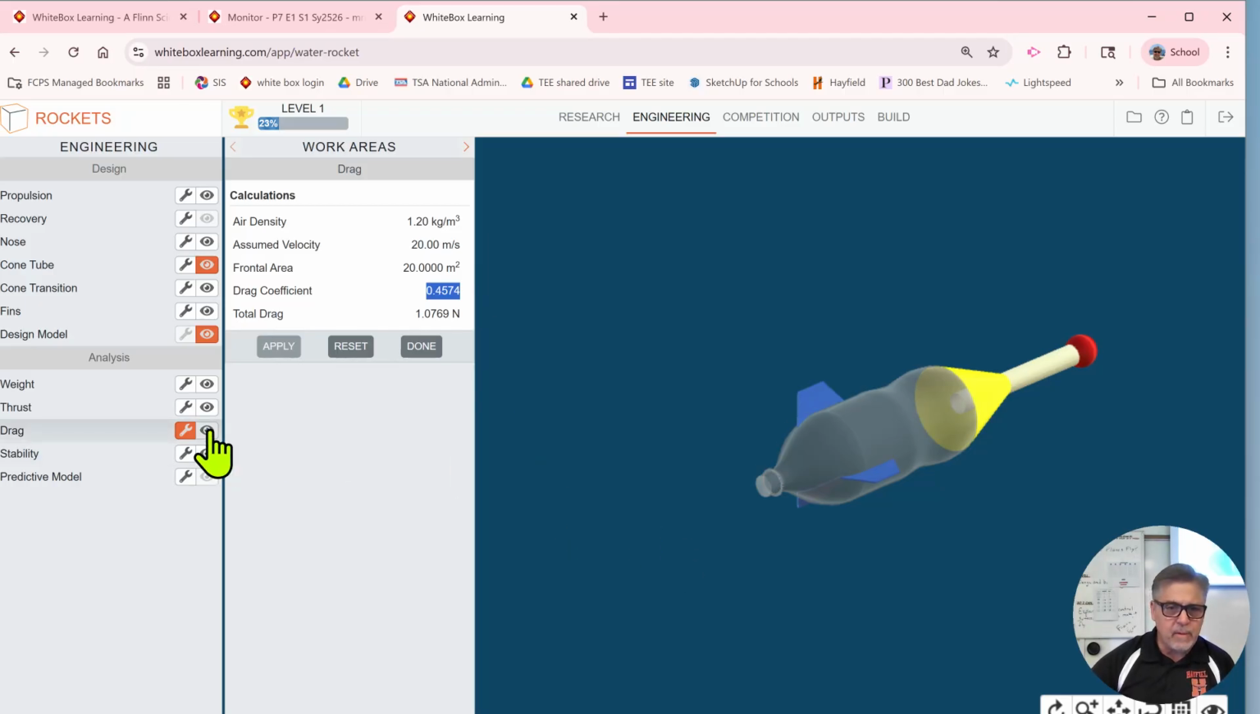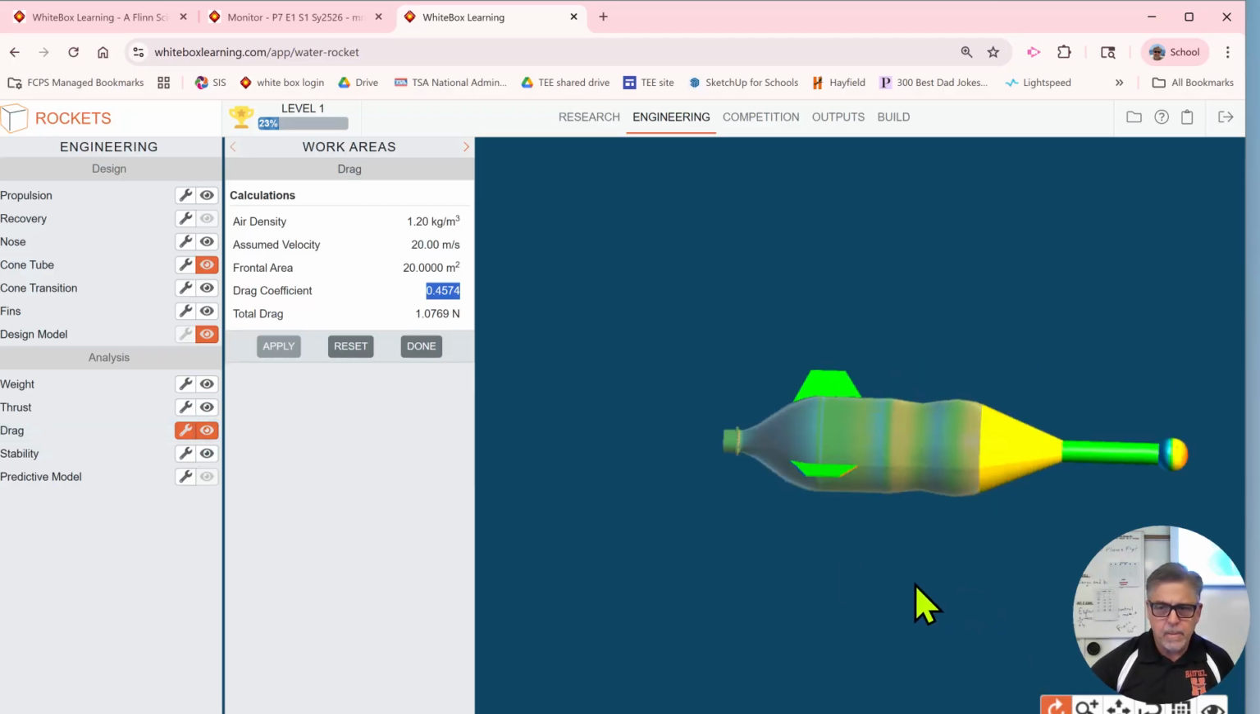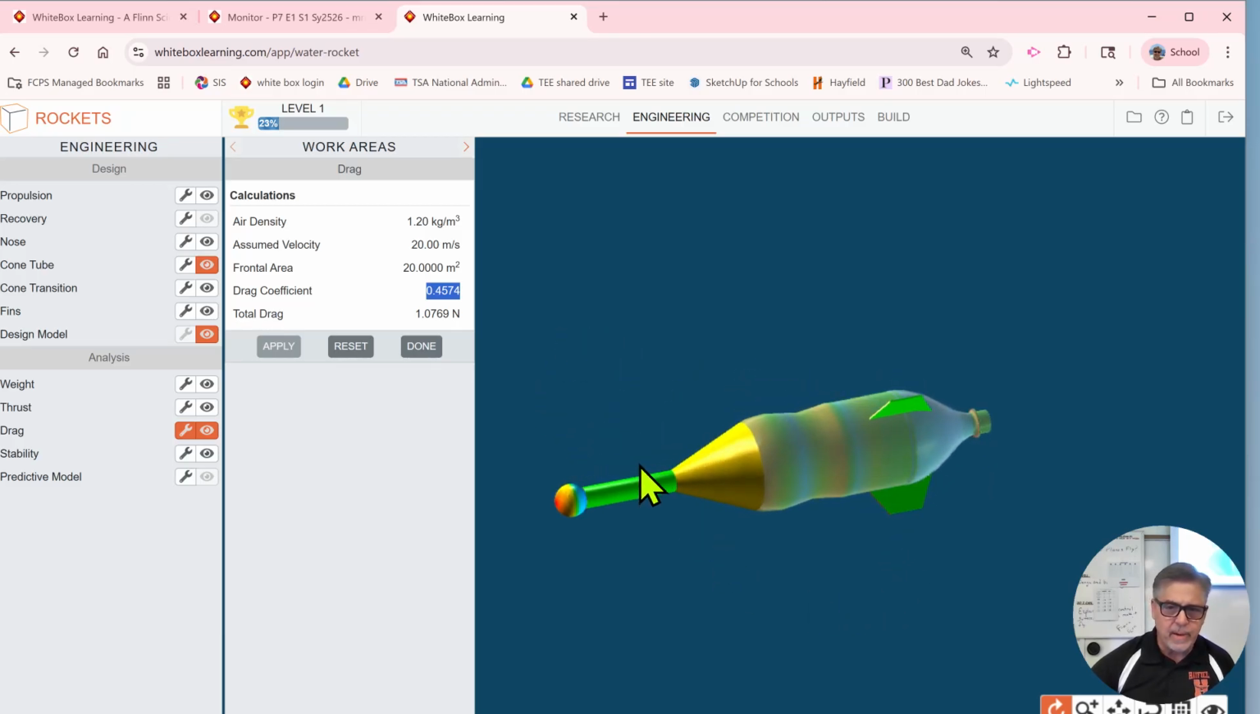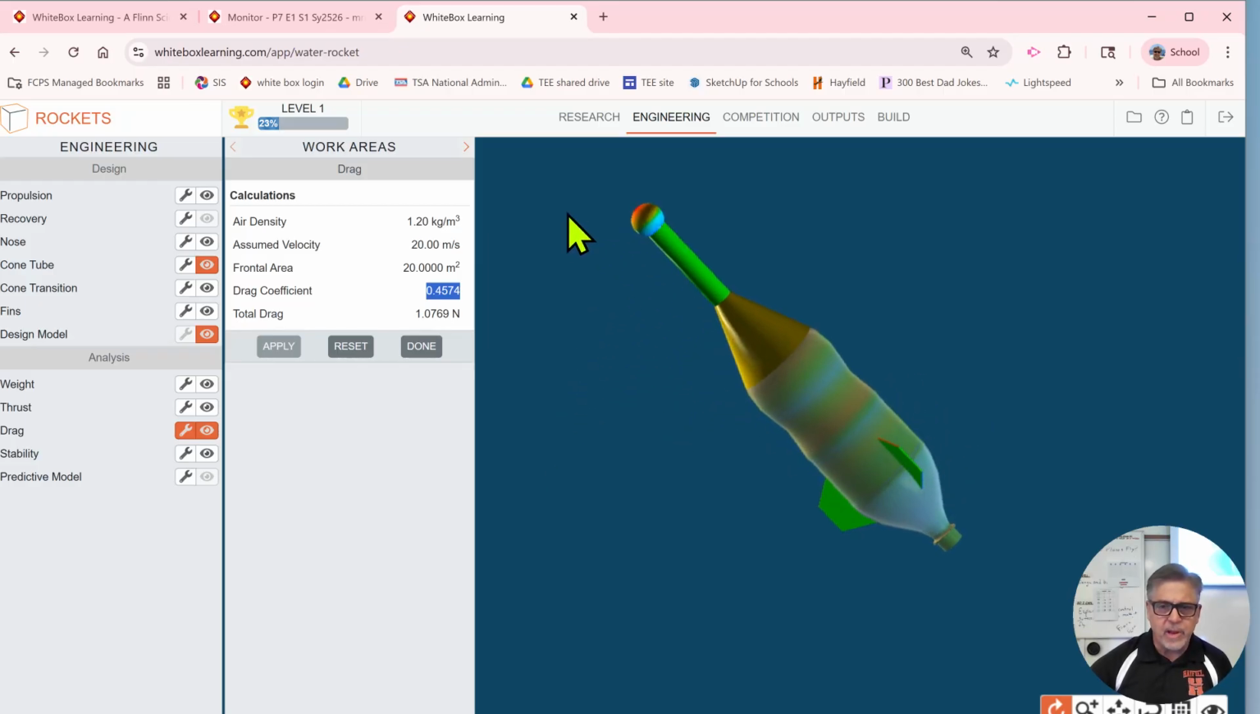If we click on the view symbol here, it actually does a color analysis. Green is excellent. Red is the worst. And colors between green and red are various degrees of not so great. You can see all these gold colors. That's not so great, because imagine the wind slicing through and hitting that very steep transition cone right there, creating a lot of drag. So if we go to this cone transition,